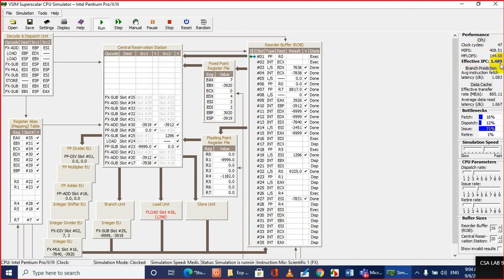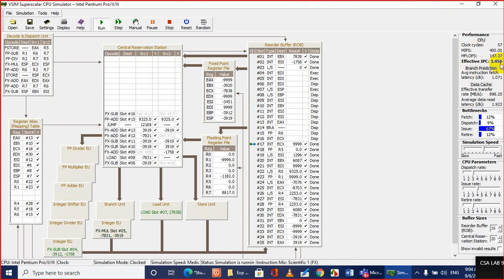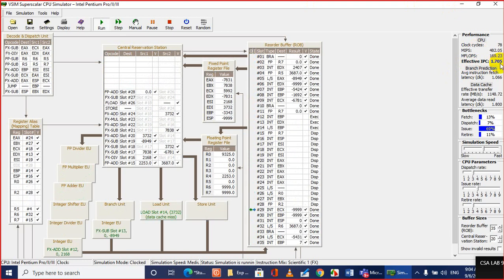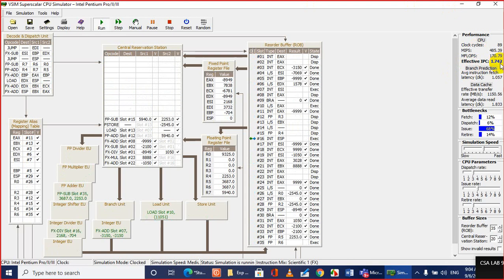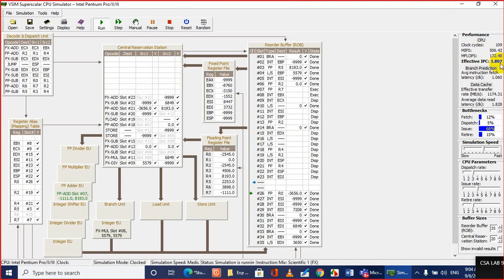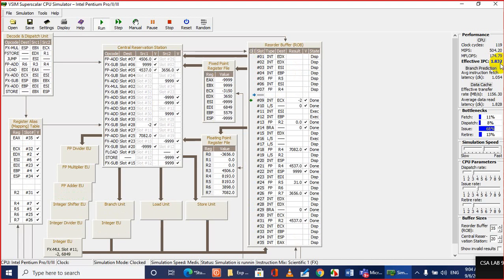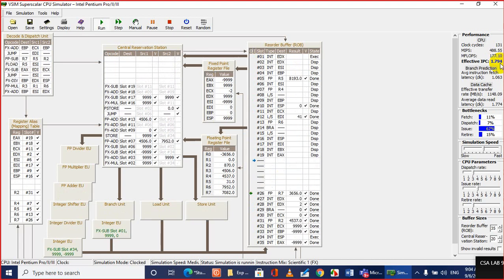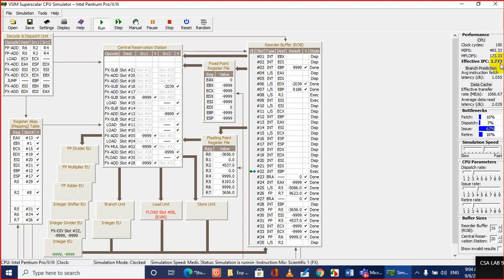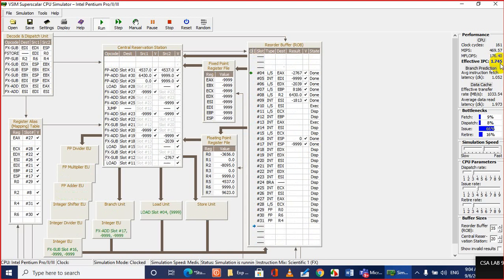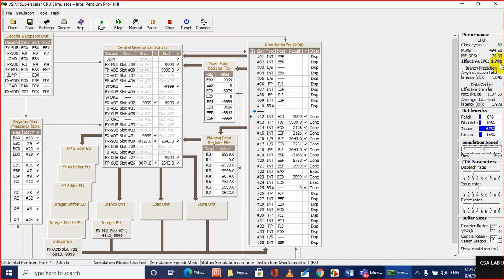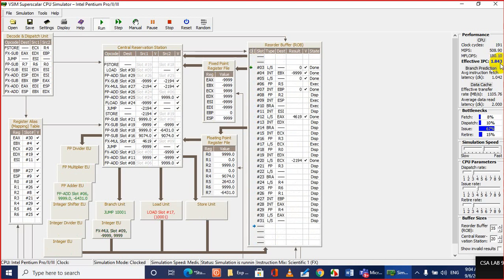But as you notice, this effective IPC is changing over time. Sometimes it is 1.7, sometimes it's 1.8. So which value are you going to pick? Or you may have a question: how long do you need to run the simulation to get the right value? This is very important.